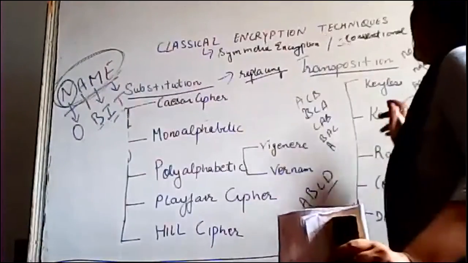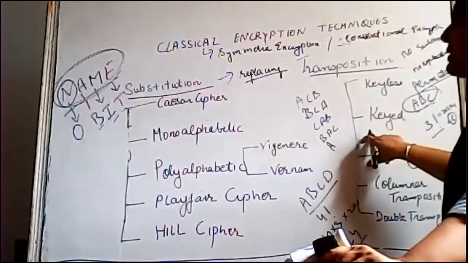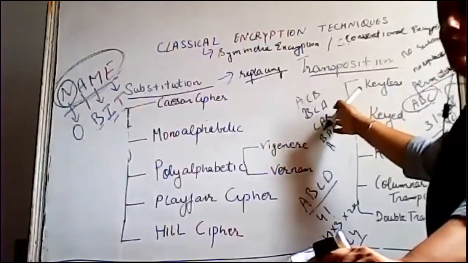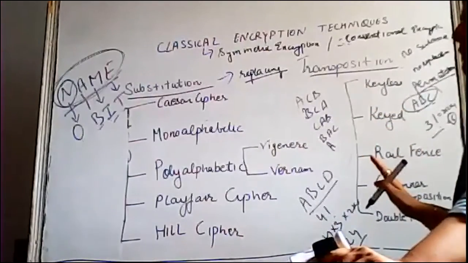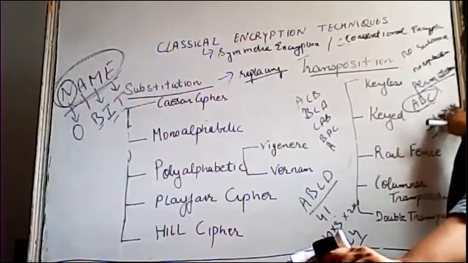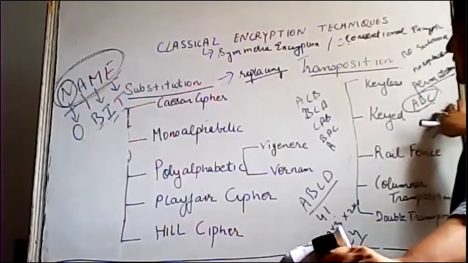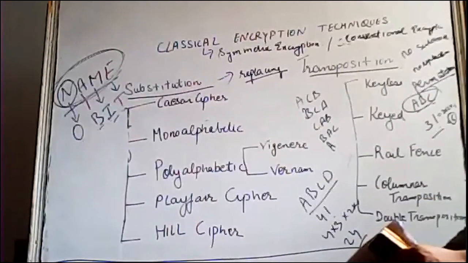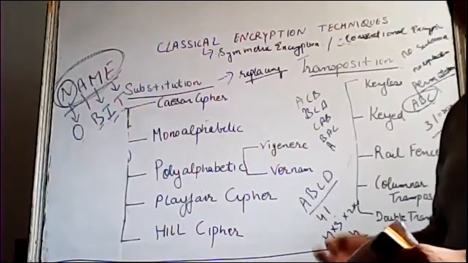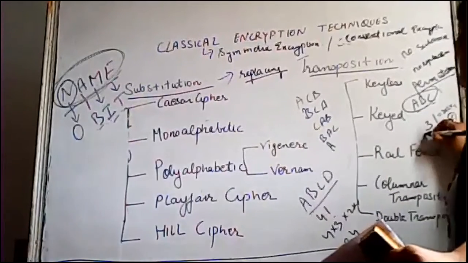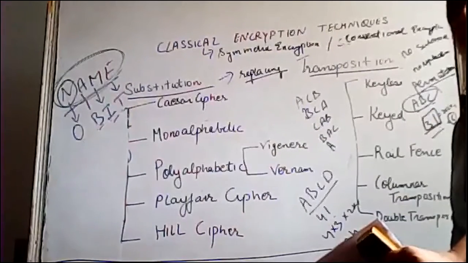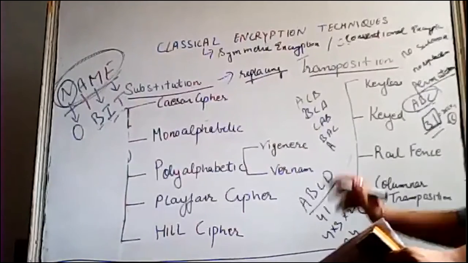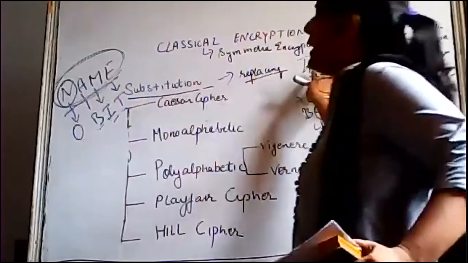But in the case of transposition, there is a condition that you cannot allocate any alphabet apart from the alphabets given in that text. So in that case, we are rearranging that text by different methods. And how many methods could there be? By taking the factorial of the total number of alphabets that belong to that text. I hope you are clear with both these terms, substitution and transposition.